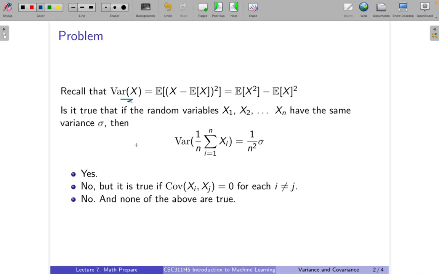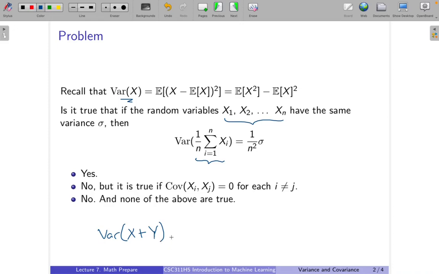The question is, is it true that if these random variables all have the same variance, then if we compute the average over this set of random variables, we have this property that we can pull out the 1 over n squared? And we can either prove or disprove this property by looking at the way that variances work when we're dealing with